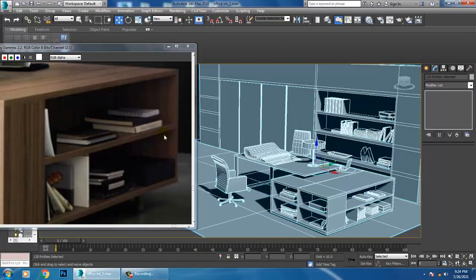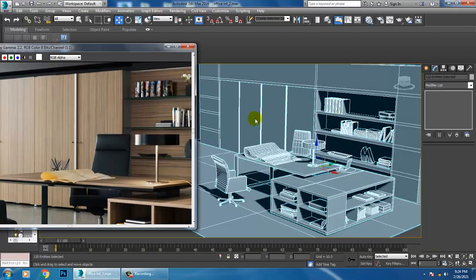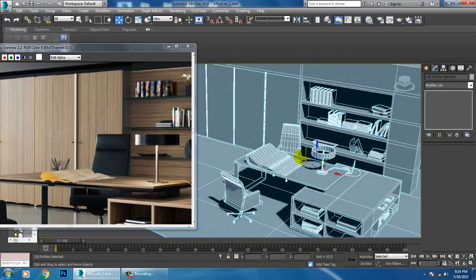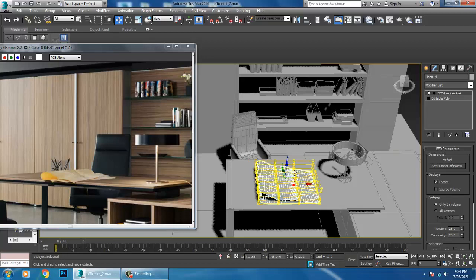One thing over here, this stuff, you can just create a pencil box.